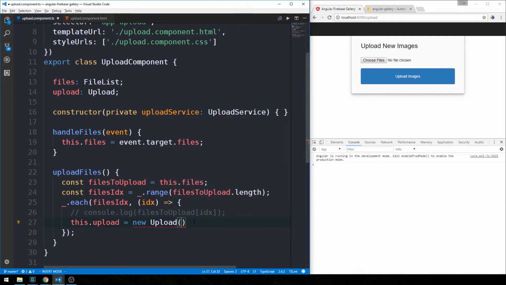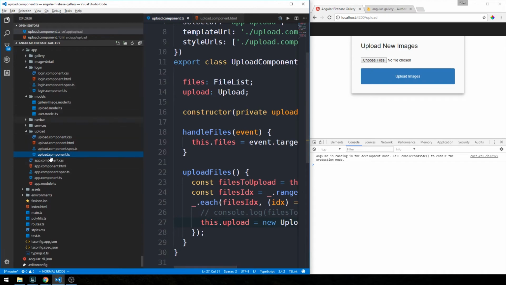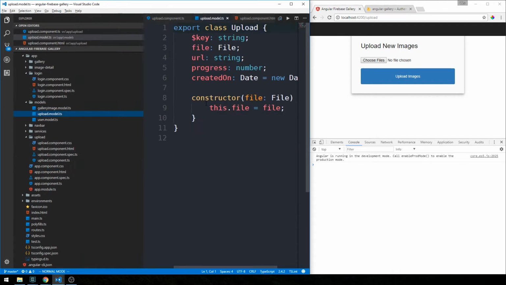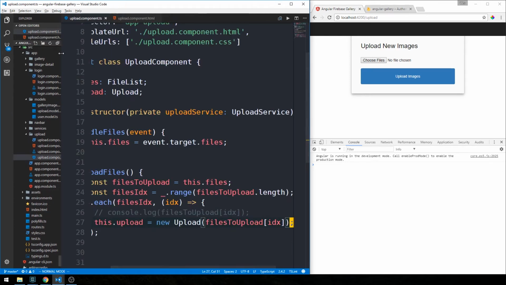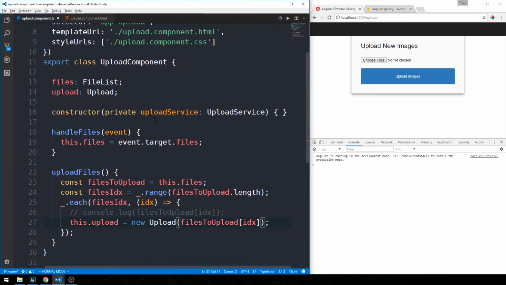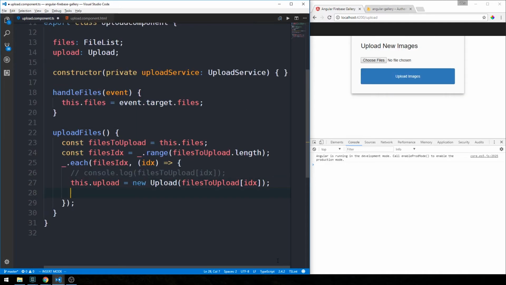And if you recall, this upload has a constructor, and so we can just pass it from files to upload, again the index. So if you recall, over in our upload model here, we set our file object here to the JavaScript file. So let's go ahead and close this, and I'll make this small again. So yeah, we're setting our upload,